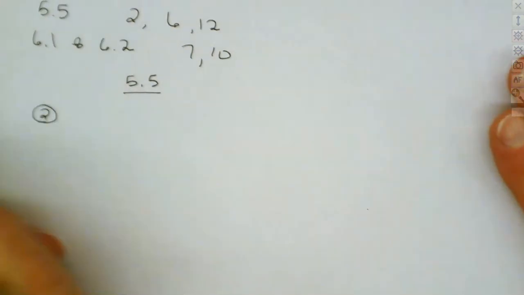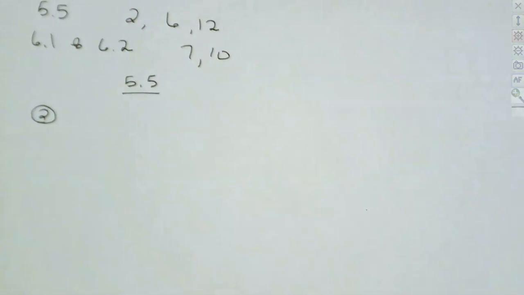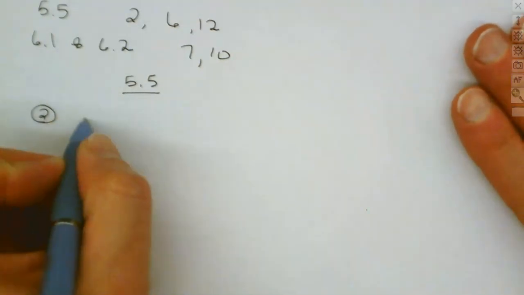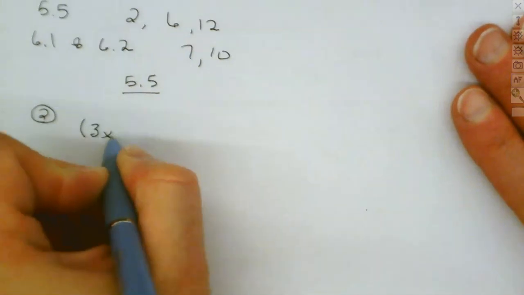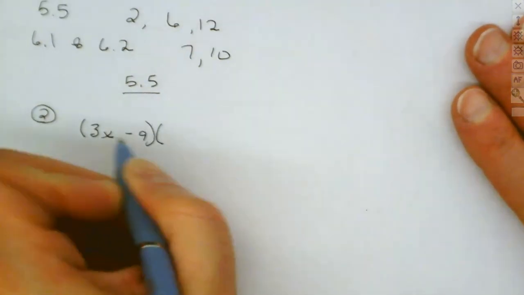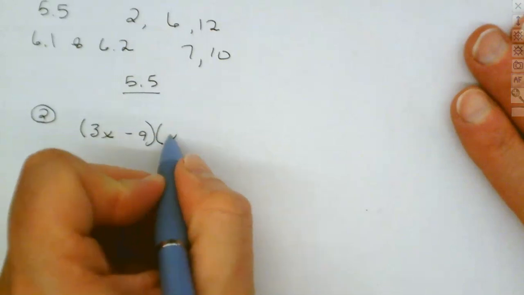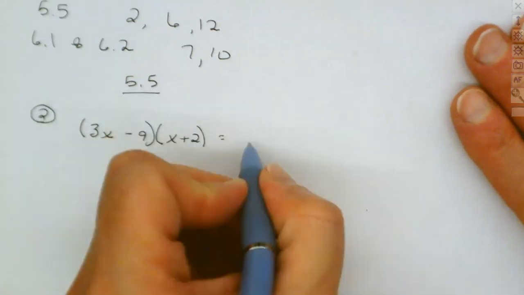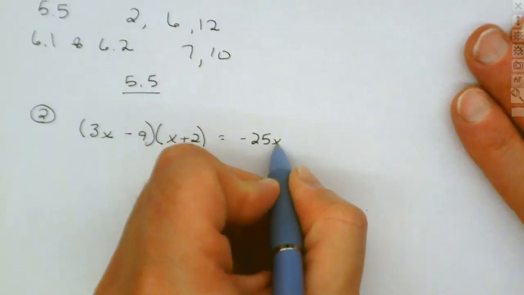And what we do is, just as the name implies, we set our equation to 0, we factor it, and we solve. That's why it's called zero factor. So set to 0 and solve. And we're going to start with question number 2, which is 3x minus 9 times x plus 2 equals minus 25x